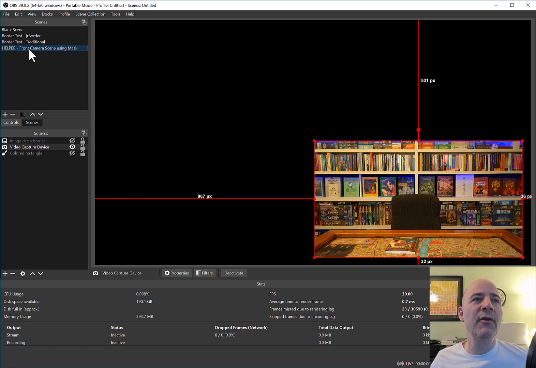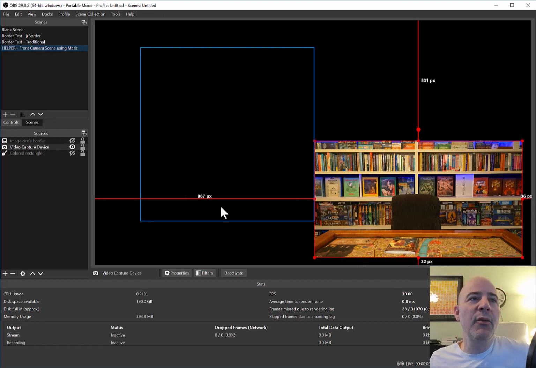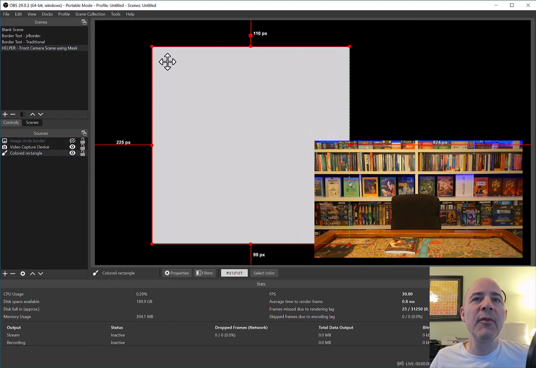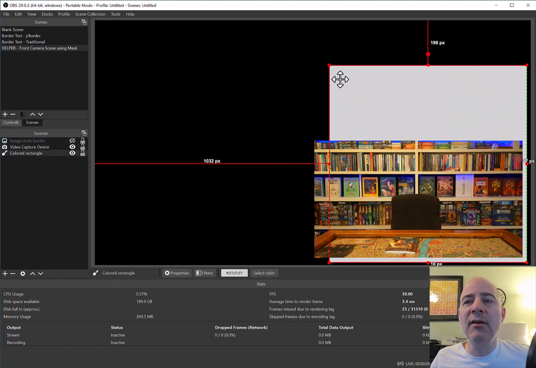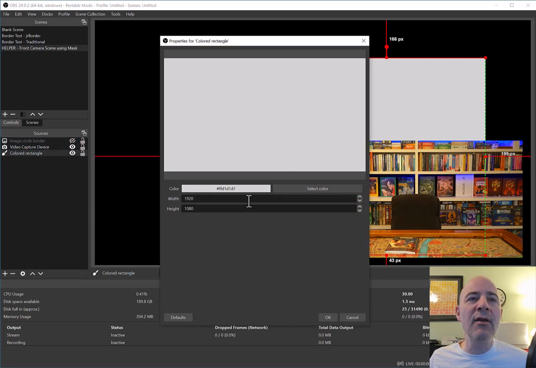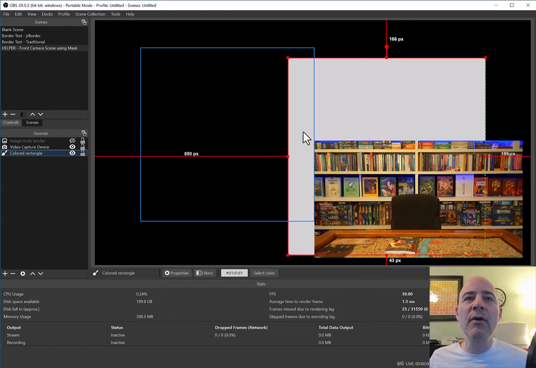It's a little difficult to wrap your head around, but here is the scene, which just consists of the front camera shrunken down. Now the reason you make it its own scene is so you can do other things to it, like adding a border. So just as an example, I've made a little colored source, and I've put it behind the image, and so here you would have to go in here and either get this the right size to be a border,